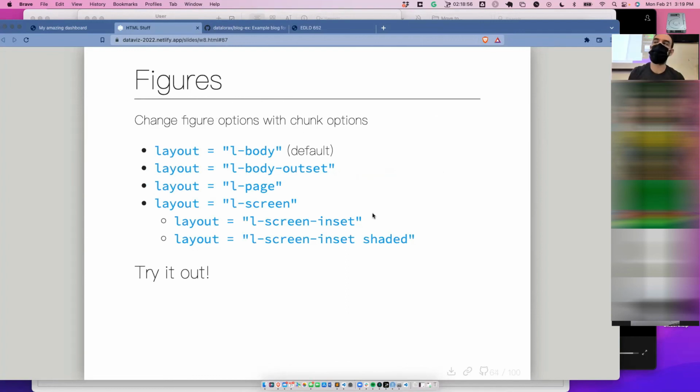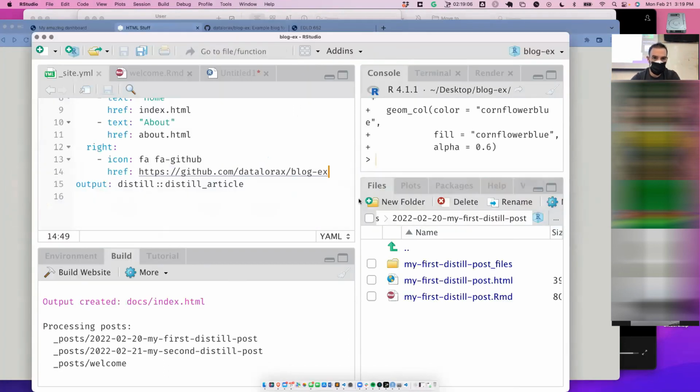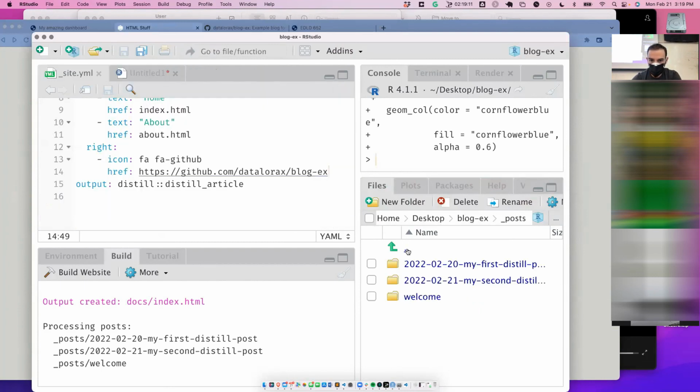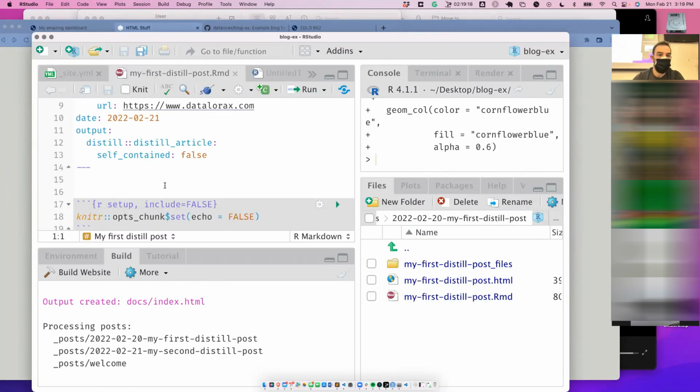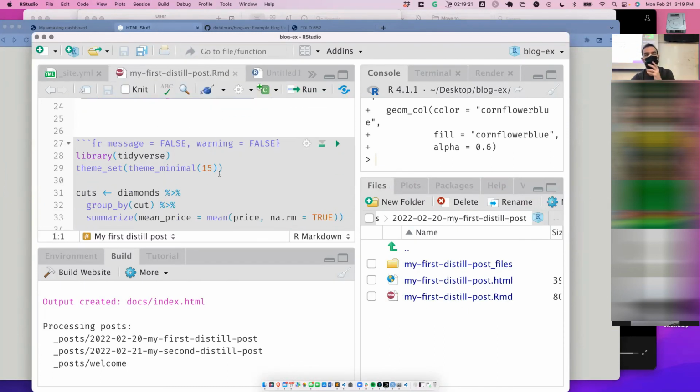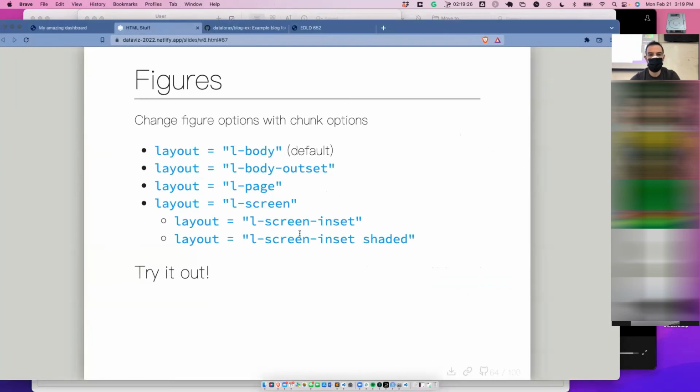You can do this with tables and figures: you can change the layout of them to be different. So let's go back to our, not our welcome one. Let's go to post. Let's go to my first one. And then here in my options, I'm going to say layout. So layout equals L-body is the default. Let's try